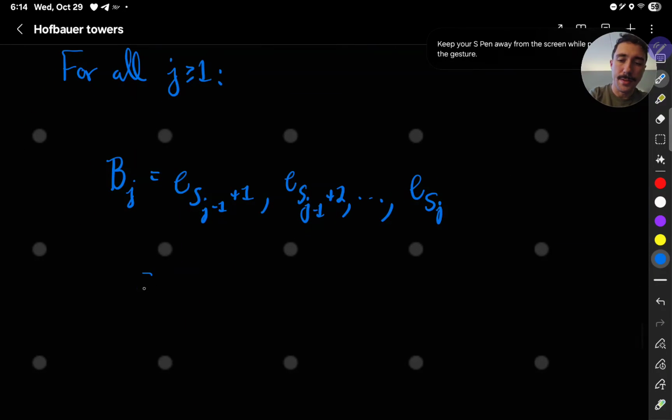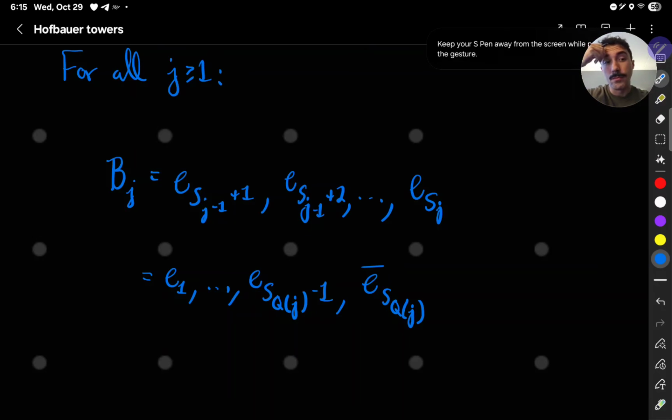The claim is that this is equal to the kneading subsequence E1 up through E sub S sub Q of j minus 1, and then finally S sub Q of j, but we're going to